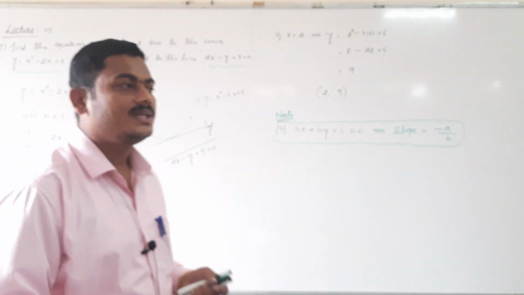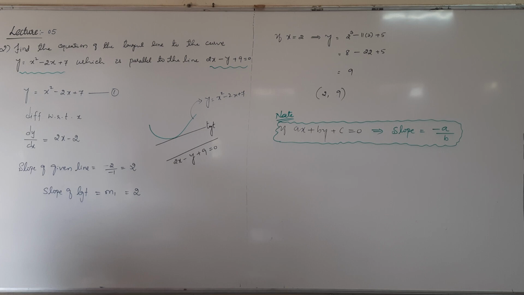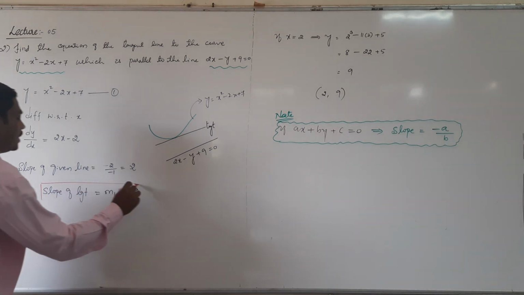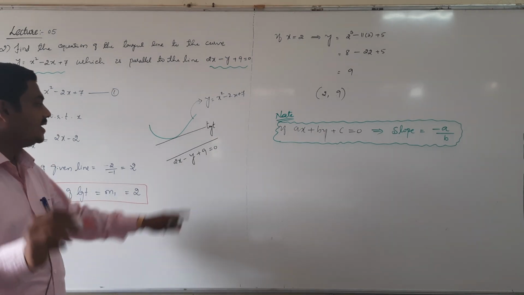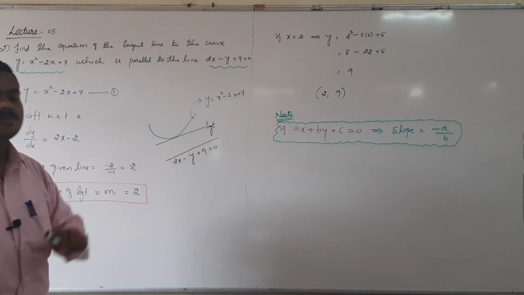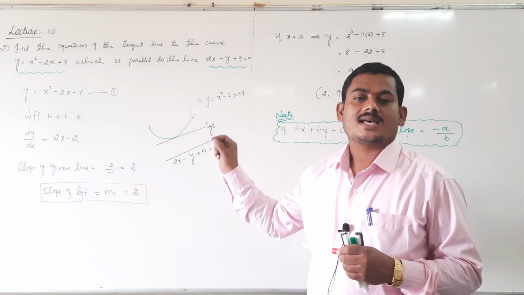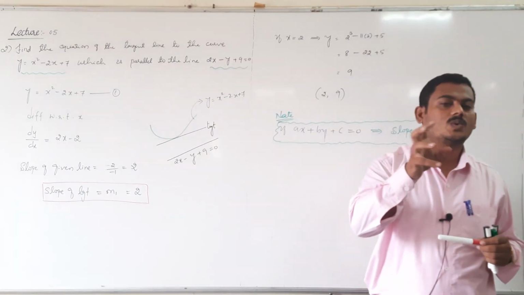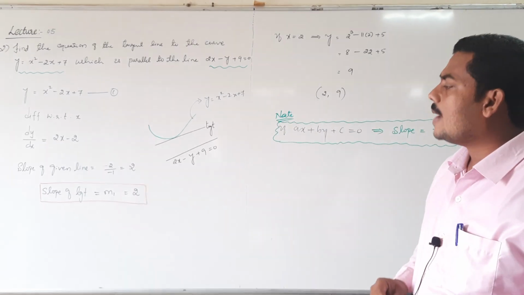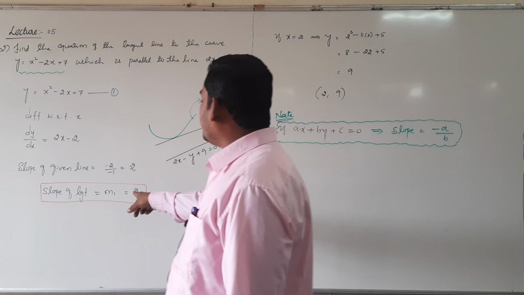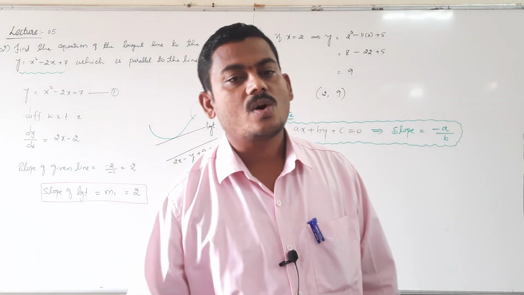Because the tangent line and the given line are parallel, and once two lines are parallel, their slopes are equal. Now, the slope of the tangent line is 2, and one more definition for slope is